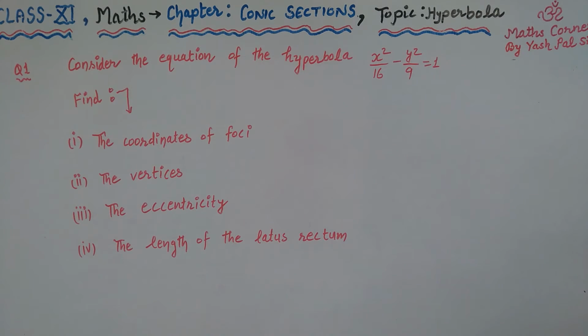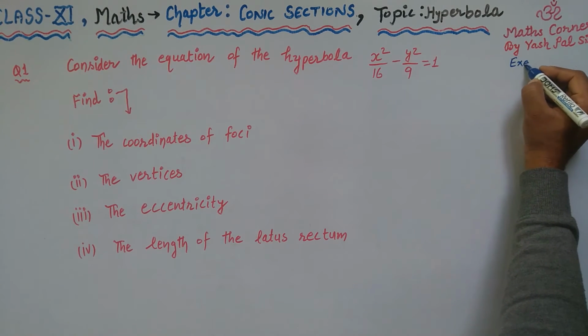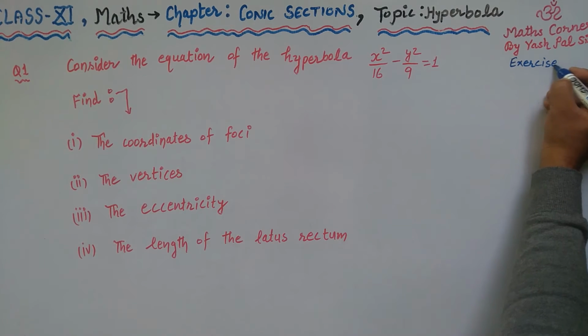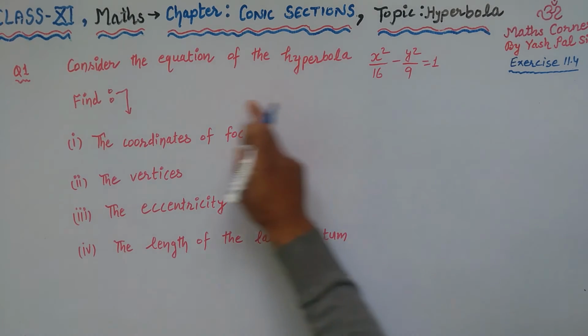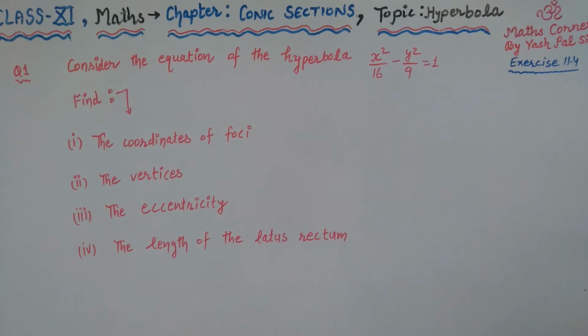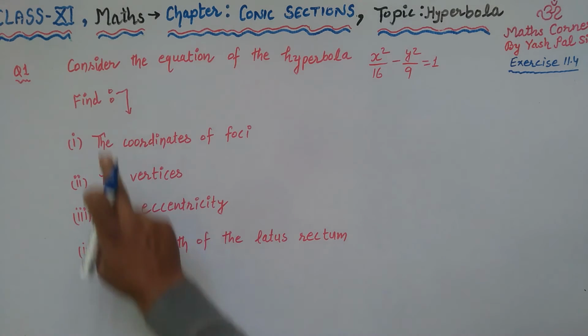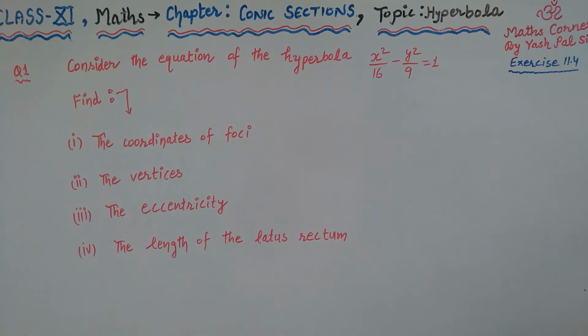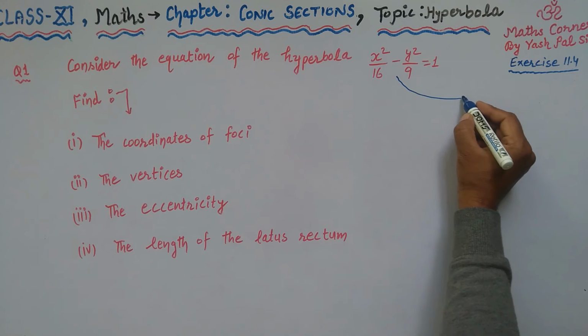The very first question of the exercise 11.4. What is the first question? Consider the equation of the hyperbola x square upon 16 minus y square upon 9 is equal to 1. Find number 1 the coordinates of the foci, number 2 the vertices, number 3 the eccentricity, number 4 the length of the latus rectum. Okay, so x square upon this, we just compare the equation with